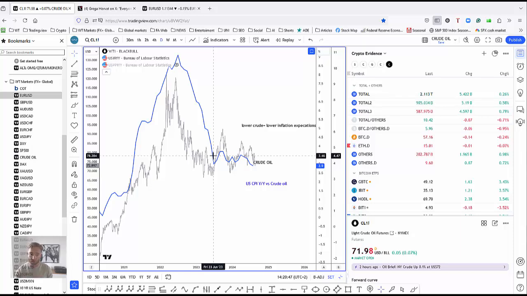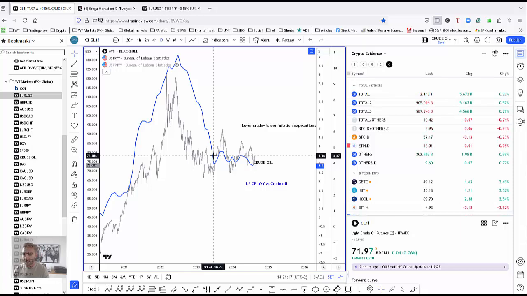So I'm thinking that if crude oil is really going to see the breakdown, which by the way could be happening right now, I will look at the charts a little bit later, then of course we can anticipate that even CPI data will continue down towards 2%, and this will increase odds that the Fed should really cut the rate soon. Obviously there is speculation that this will happen already in September, but the question is how much they may cut this year, how aggressive they will be.